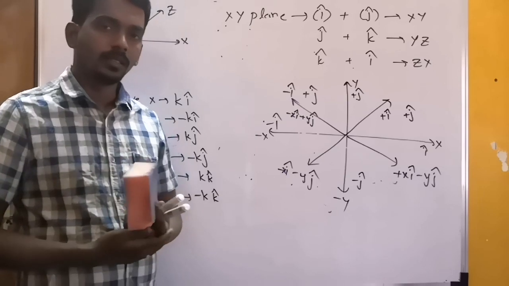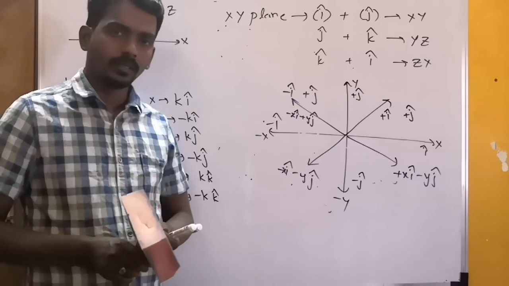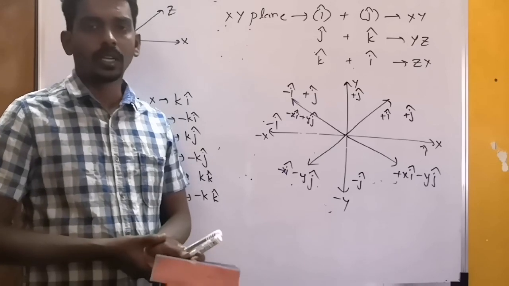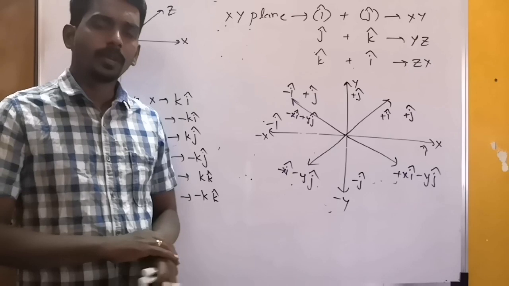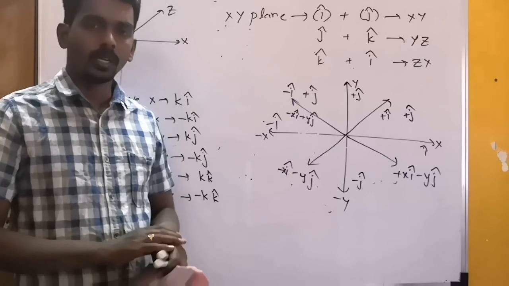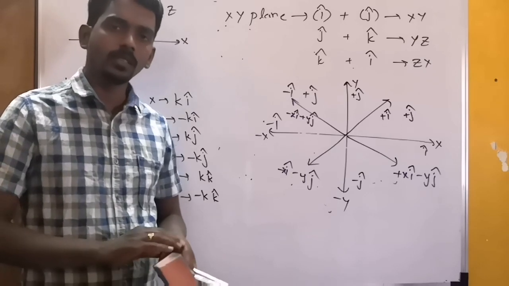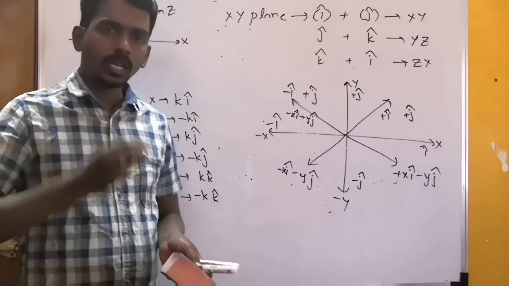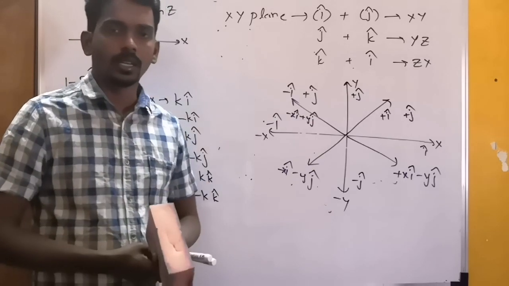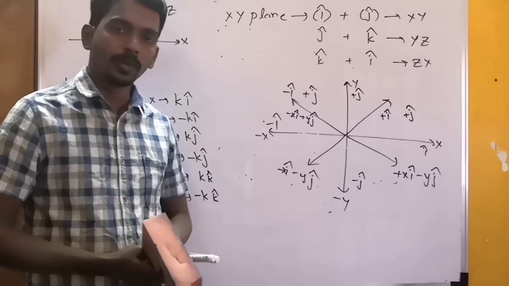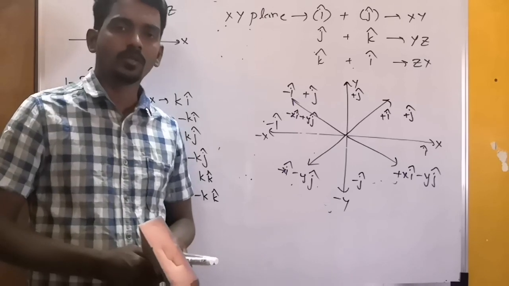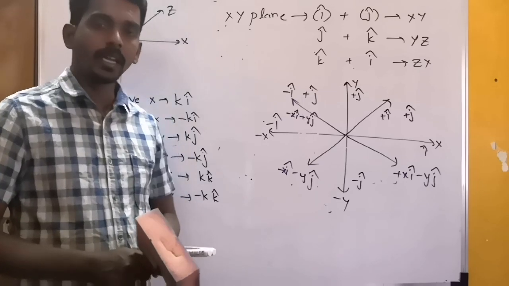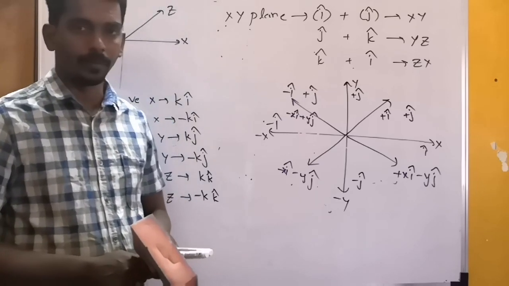Last class we started studying vectors. What is a vector? What is a scalar? What is the representation of a vector? What is a zero or null vector? What is a unit vector? What are the three unit vectors we assume to represent the well-known directions x, y and z: i cap, j cap, k cap.